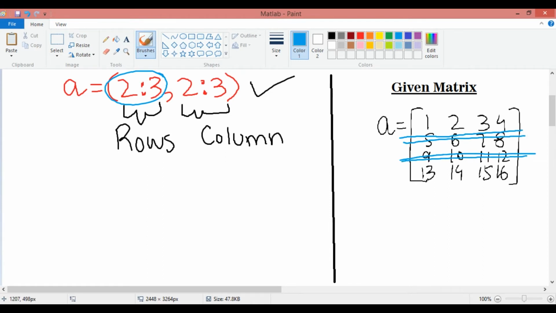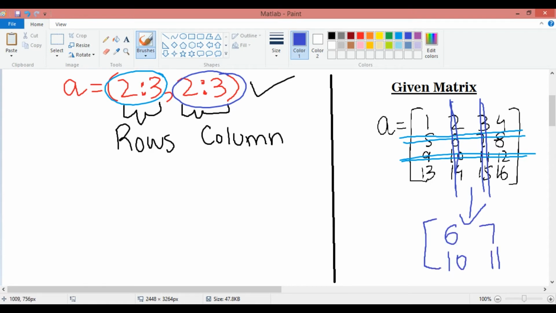And same for the columns case, we will keep column number 2 and column number 3. So we will take this column number 2 from the given matrix and column number 3 from the given matrix. So the result would be like this: 6, 7, 10 and 11. So by using this command we will get this answer in MATLAB. So now let's just use this command and see the results.